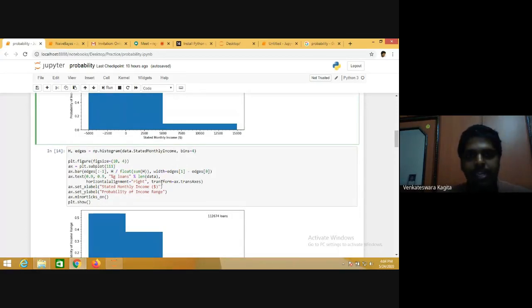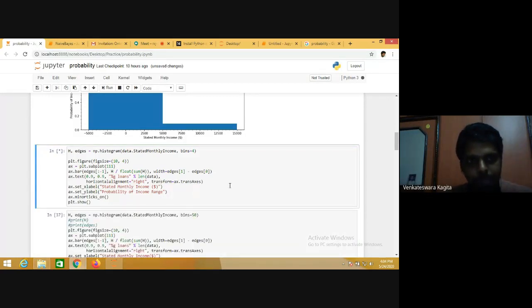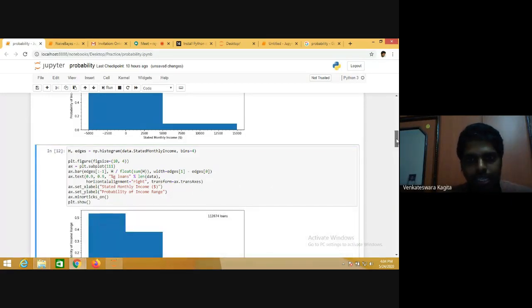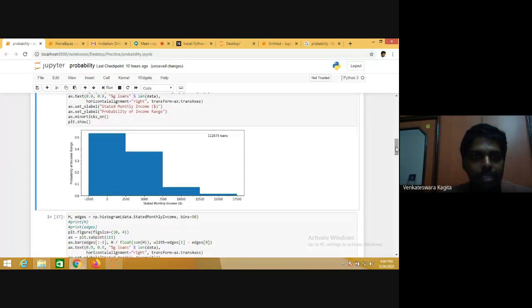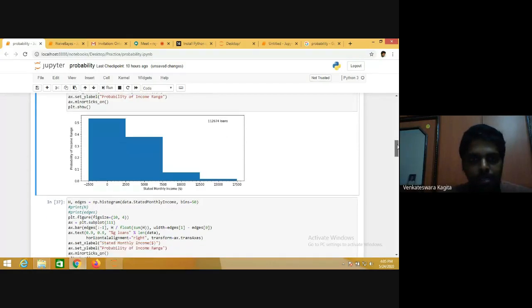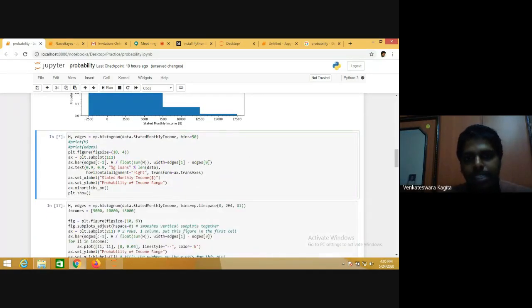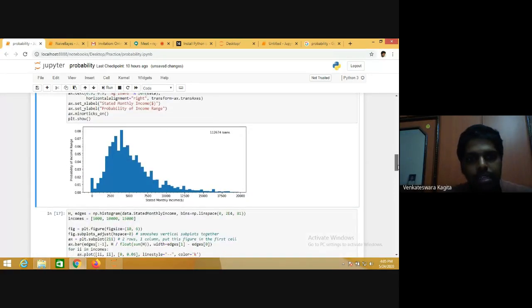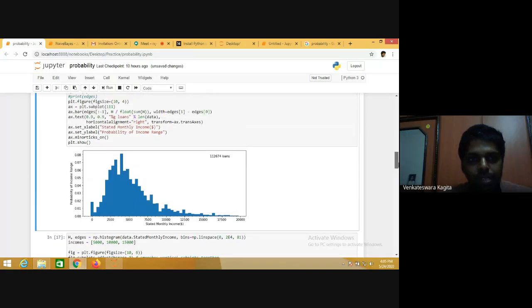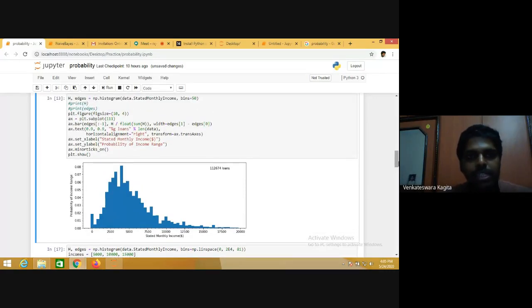It will automatically segregate them into 4 bins. You can see this is segregated into 4 bins, and most of them are falling in this range in the first bin. And if you want to segregate them into 50 bins, it means that you would like to analyze them deeply, then you see the probability distribution of this stated monthly salary in this range.